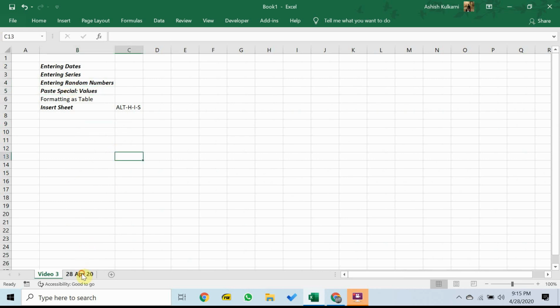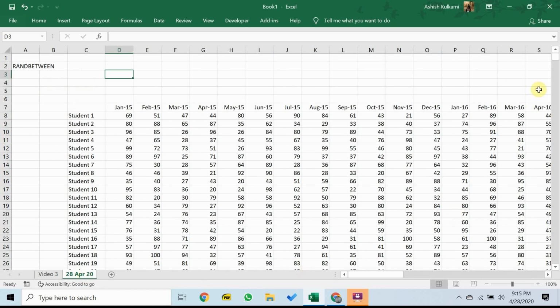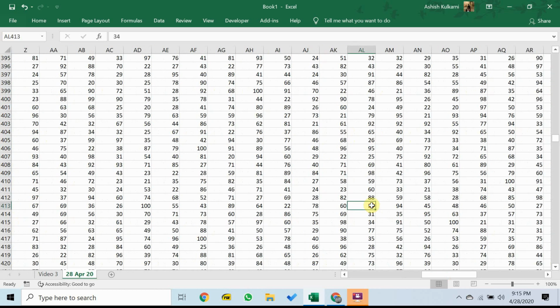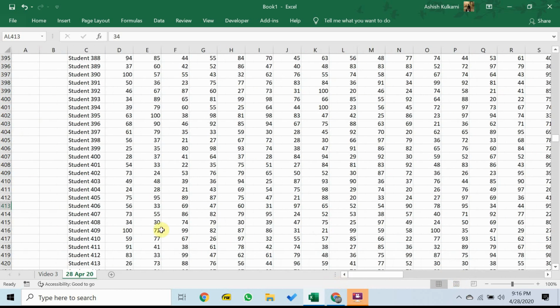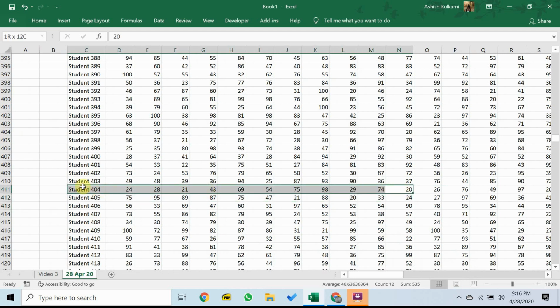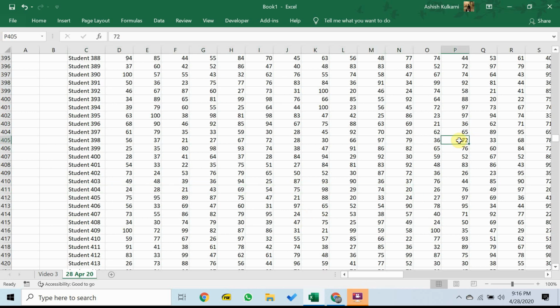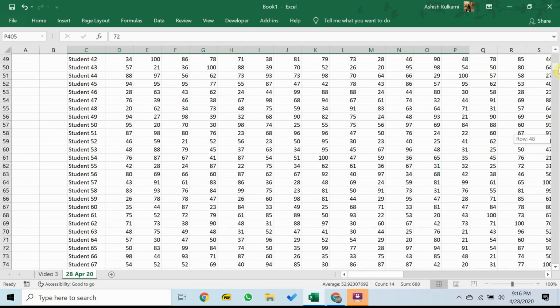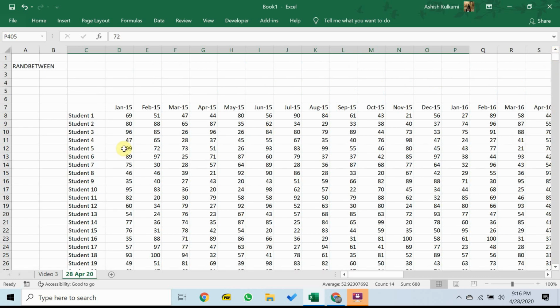Now let's go back to the problem that I was talking about earlier. We have a big table. One problem with the big table is if I start to scroll down and then I scroll to the right, I quite literally have no clue where I am in the table when I find myself in column AL and row 413. Second, at least in my case, it becomes difficult to keep track of which row we are speaking about unless I use a visual cue like this. So the number 72, if I want to find out which student this is associated with, I'm going to have to do something like this. There might be an easier way in Excel to give a visual highlight of a row in a table, and we're going to learn what that way is.